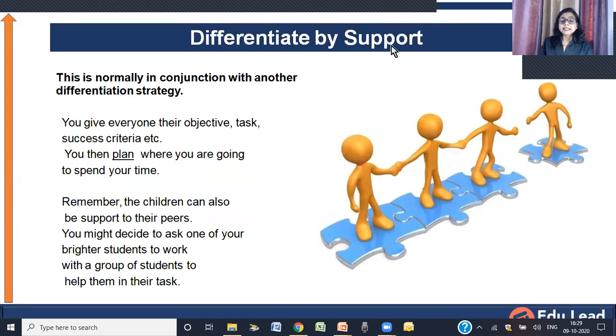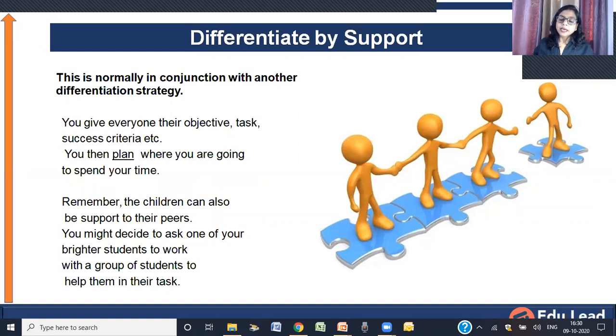Next is differentiate by support. Now, when we say differentiate by support, there are 2 kinds of support which are existing inside the class. One is the support extended by the teacher. Another is the support which is extended by the peers, right? So what you have to do is, suppose you are creating a